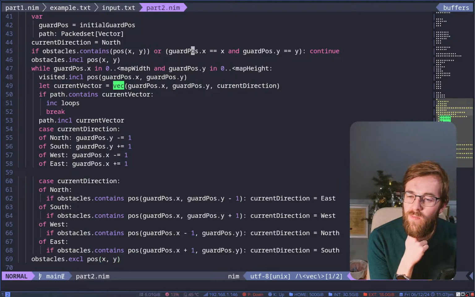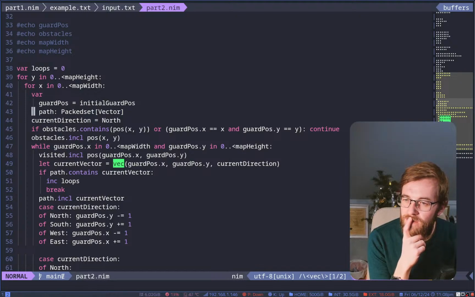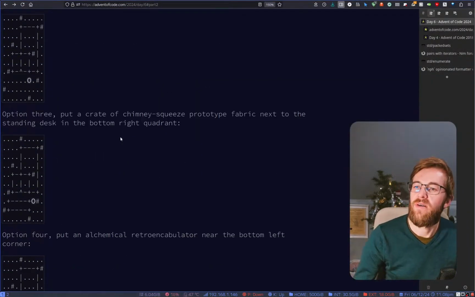I just don't see why this wouldn't work, unless of course I'm missing something in the